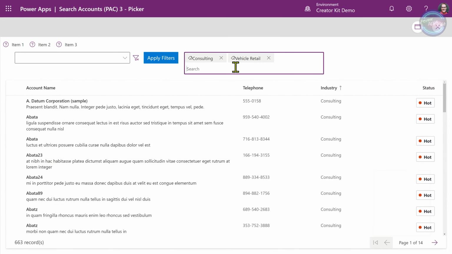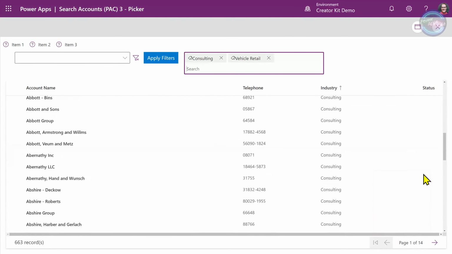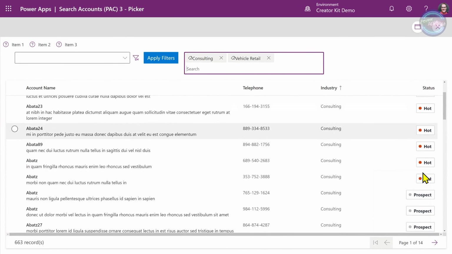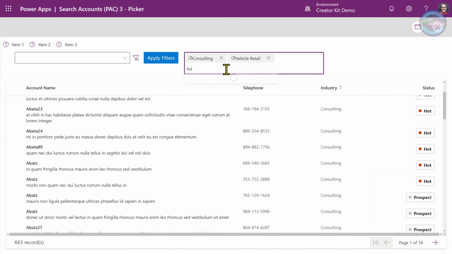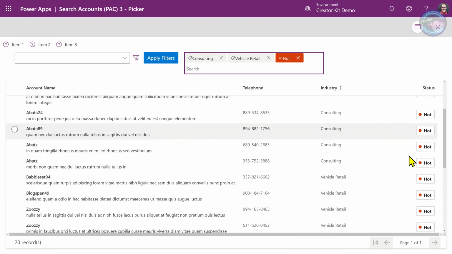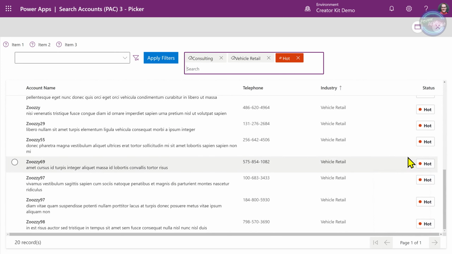And then inside this collection, we've got prospects as well as hot. If I filter it just down to, say, hot, now we can bring it down to just the hot values. Now we've got that very sophisticated multiple value filter, and so the user can just simply add what they want to and then just simply remove them.